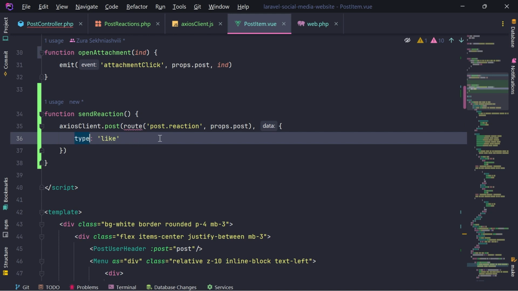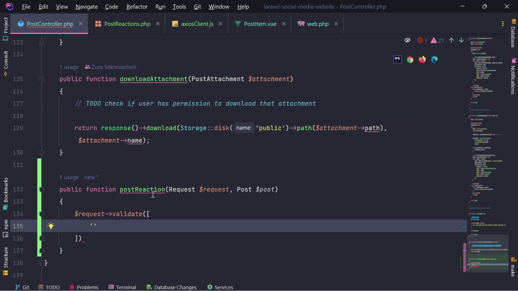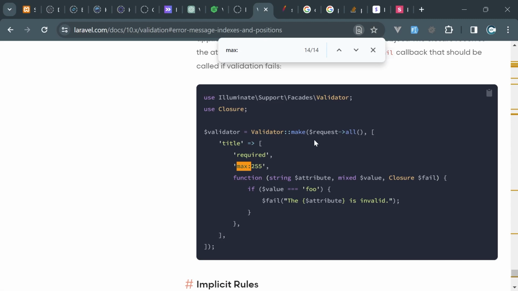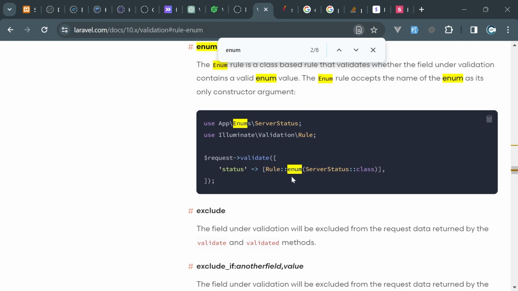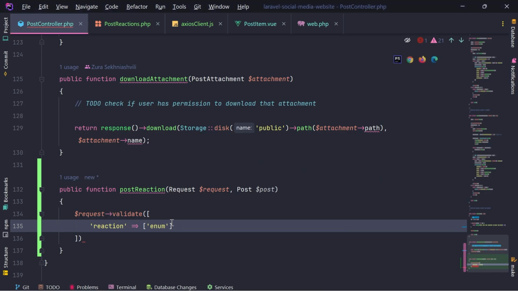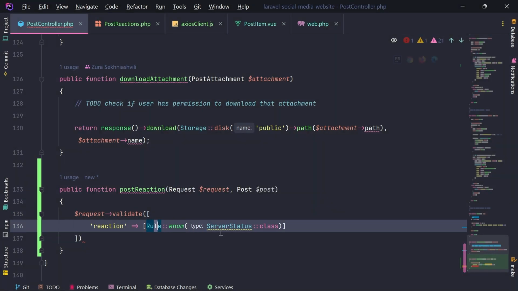No, reaction is more logical to me. So let's send this as a reaction. In the post controller, we're going to define that the reaction needs to have the following rule. Enum. I'm going to search now enum rules in the validation. We have this rule enum, and we're going to provide which class is used for the enum. Actually, it is not class, which enum is used. So let's import Illuminate validation rule enum, and this is going to be